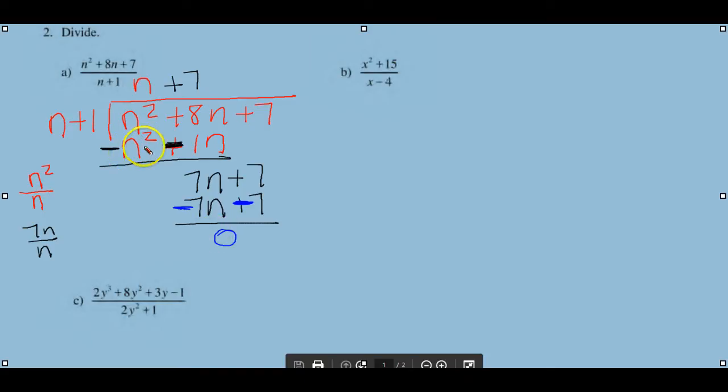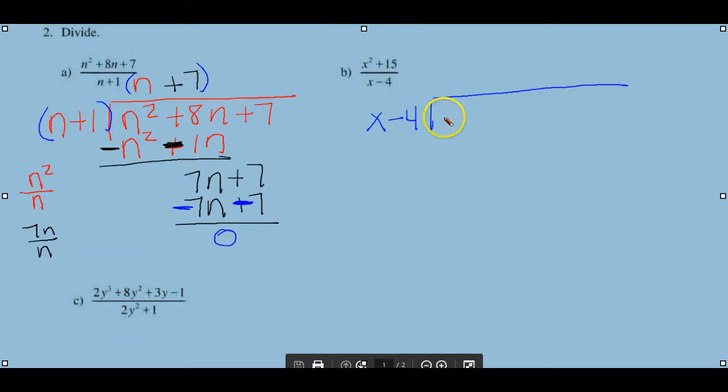All right, that was a super easy one. And if you want to check your answer, just FOIL these. N times n is n squared. Outer 7n, inner 1n, 8n, and 7. So it checks. Now here, again, we're going to set this up. X minus 4